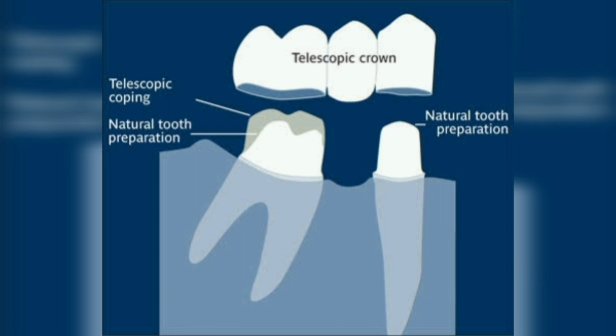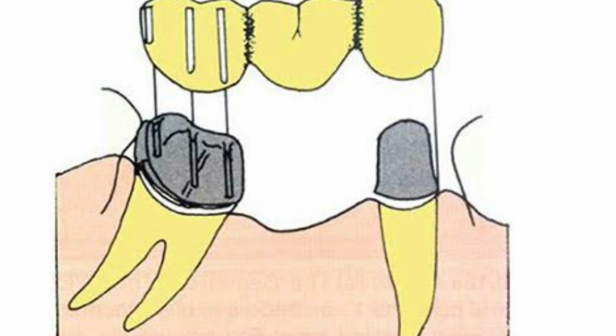So the crown which is fabricated for a tilted molar is known as a telescopic crown, and a telescopic coping is not the only option for the retention of the tilted crown. We can just add grooves for the retention. Usually they will give a reversed 3/4 crown for tilted molars. So what is this reversed 3/4 crown? The reverse 3/4 crown and 3/4 crown, and even the 7/8 crown, all these kinds of crowns will be discussed in the next video.